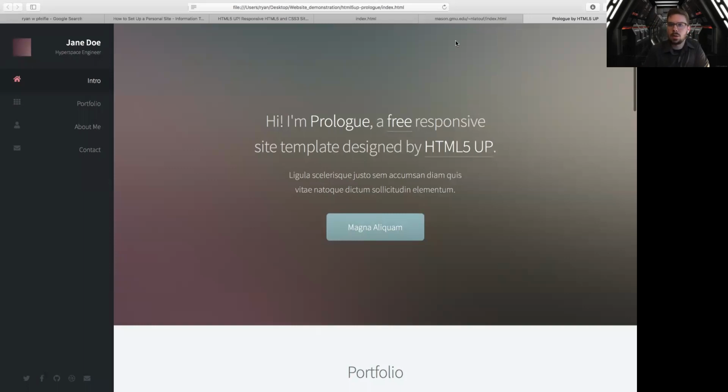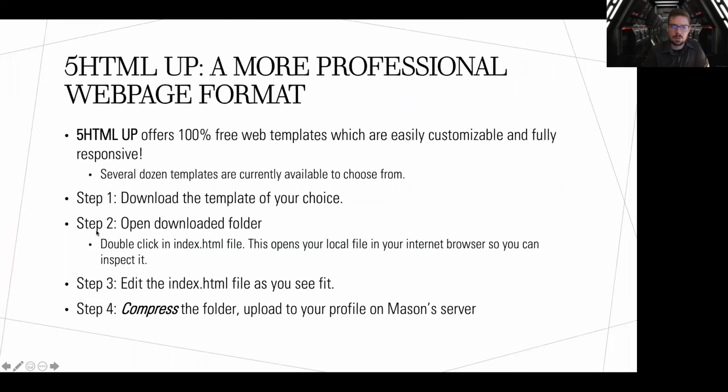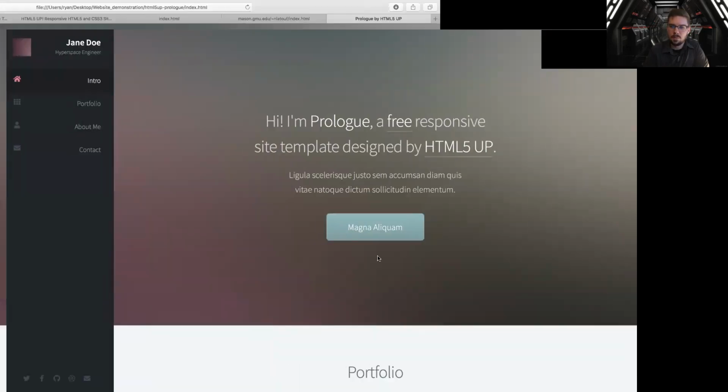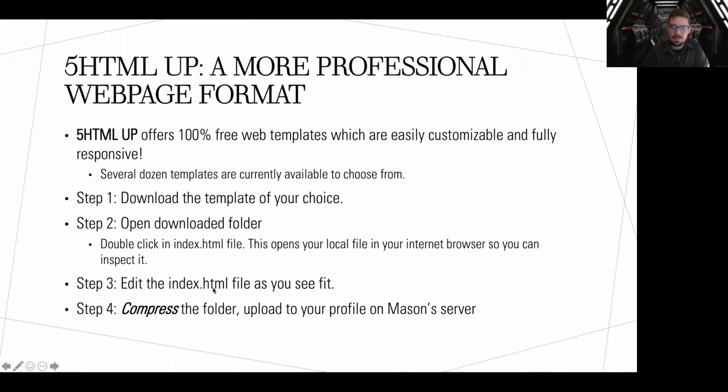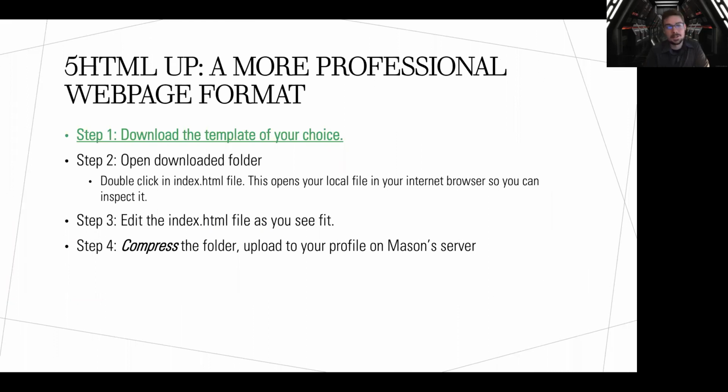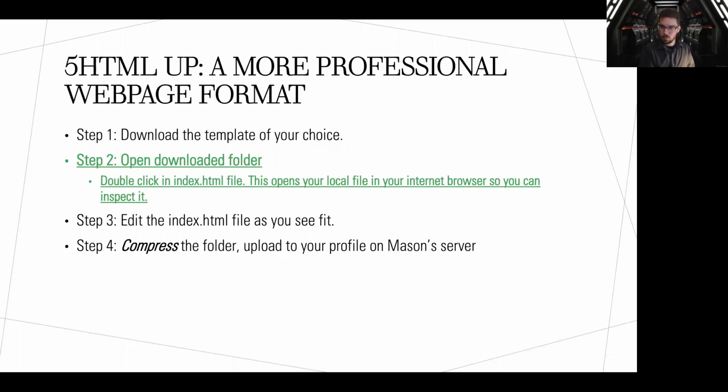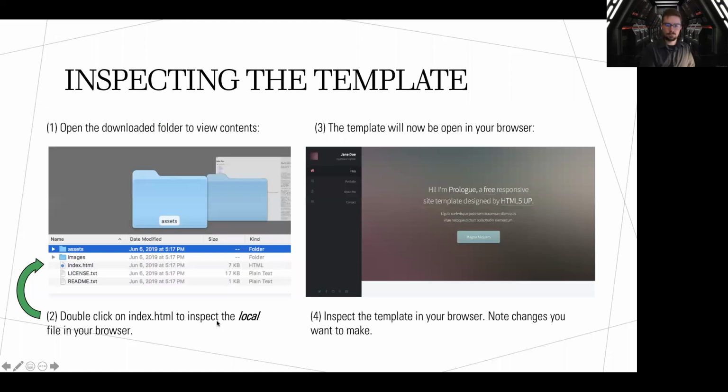And so what we're going to do is, once we've downloaded this, so we downloaded the template, we opened the folder, we looked at the local file, which is this here. Now we're going to edit the index.html file. And I actually think I've gotten ahead of myself here. So I cleverly added colors to my slides and didn't use them. So we downloaded the template of your choice. We opened the downloaded folder and moved it to where we wanted it to be, and we've inspected it. And so here's just a nice little diagram here. So we've opened the downloaded folder, we've double clicked on the index.html file, and we've looked at the template within